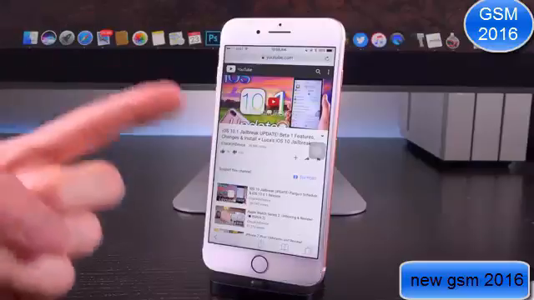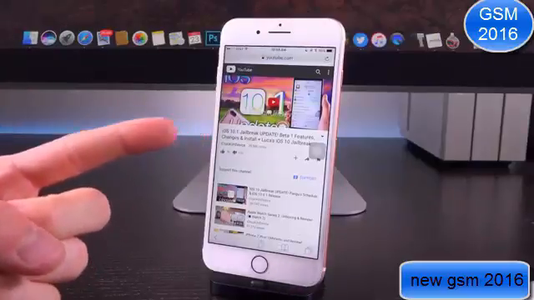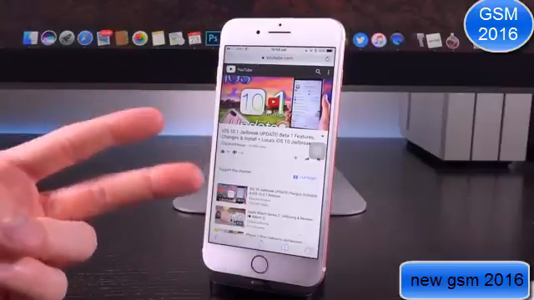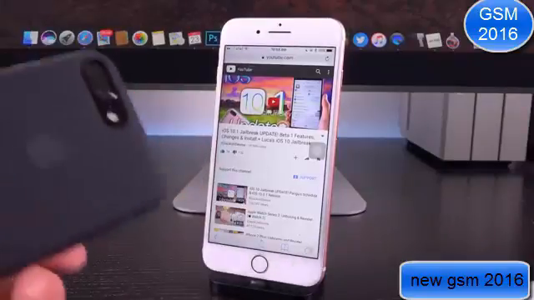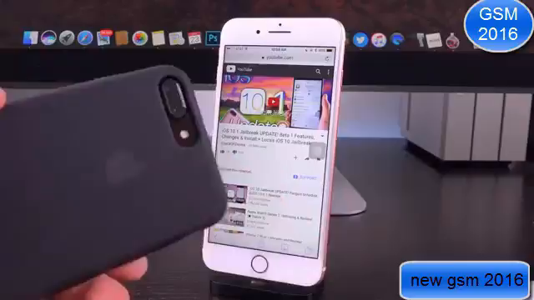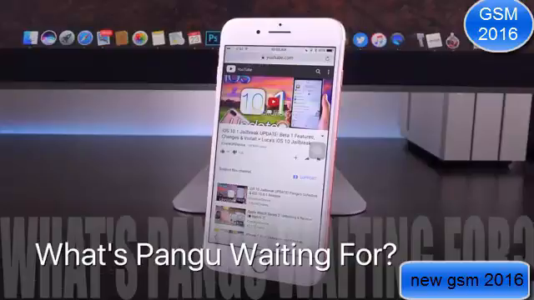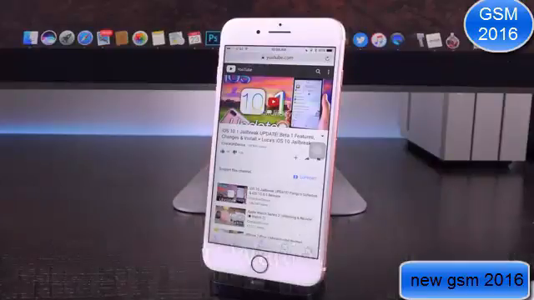We already got one update to actually address and improve stability of iOS in general, and 10.1 does add a pretty substantial special feature, at least for the iPhone 7 Plus, that dual camera shallow depth of field effect. So Pangu is almost certainly going to wait for iOS 10.1 to drop before releasing a new jailbreak, unless, and this is a pretty big caveat, iOS 10.1, even in its beta form, closes the exploit or exploits that they're